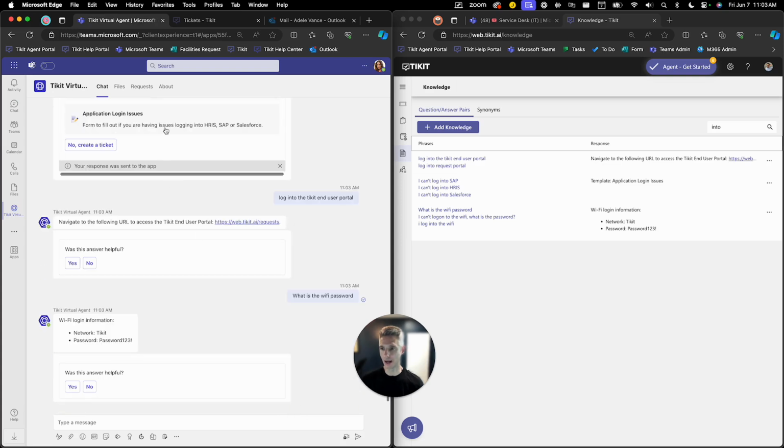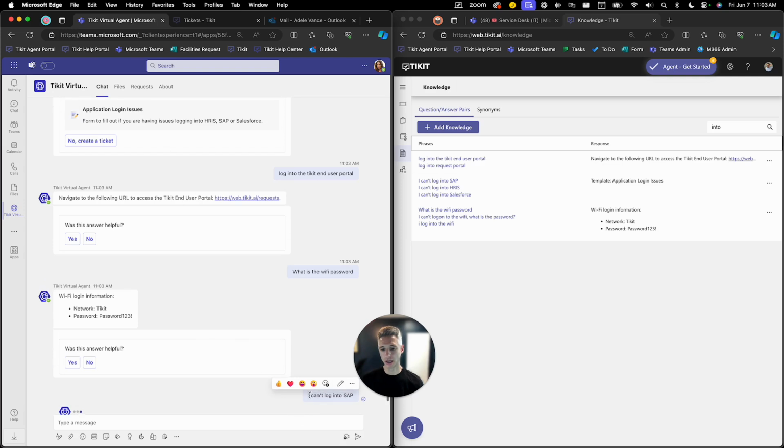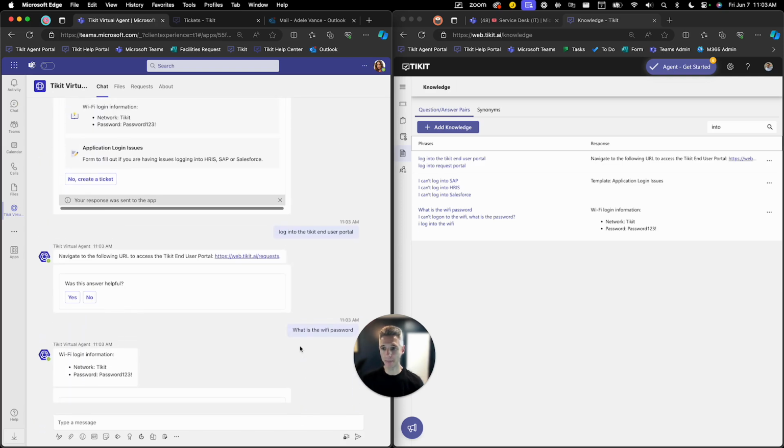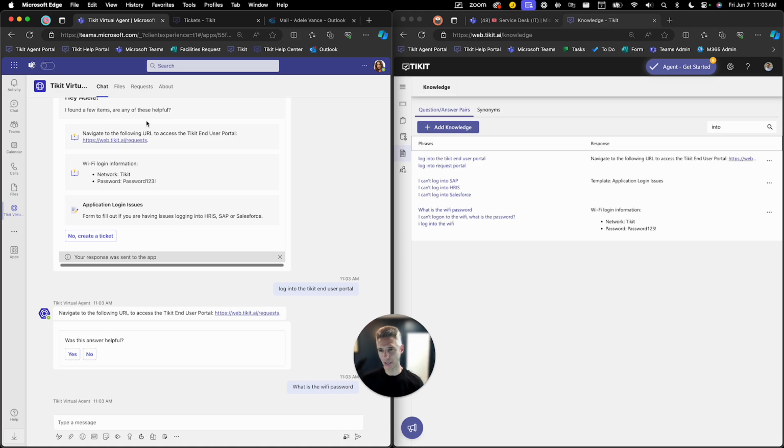If I click on application login issues, I can't log into SAP is brought back. And what's happening here is that each one of these articles has a set of phrases. And what we're doing is we are providing, this is actually a Teams phrase, it's called a message back. We're providing a message back to the end user for them to know that this article that they just clicked on to bring back,